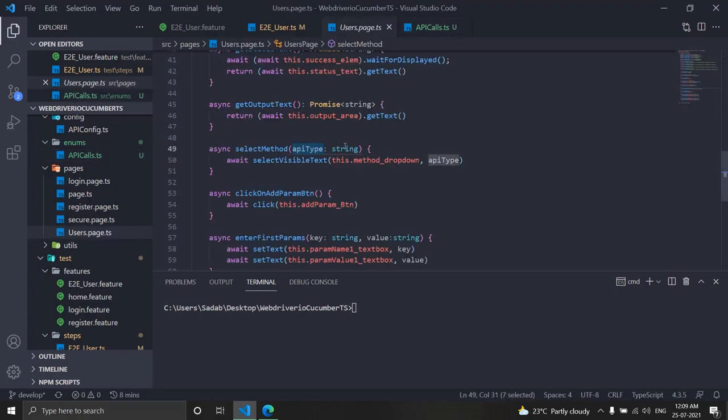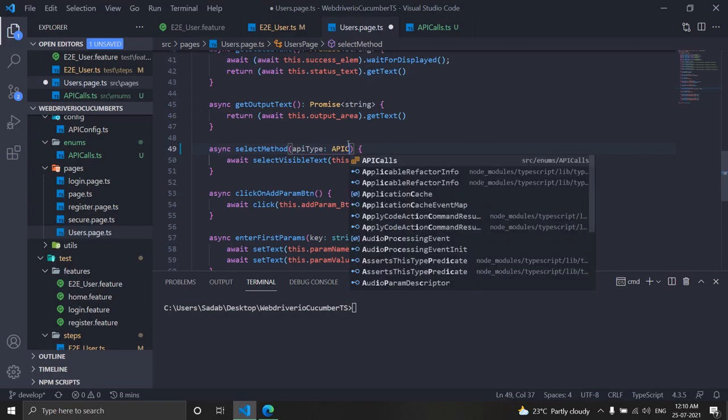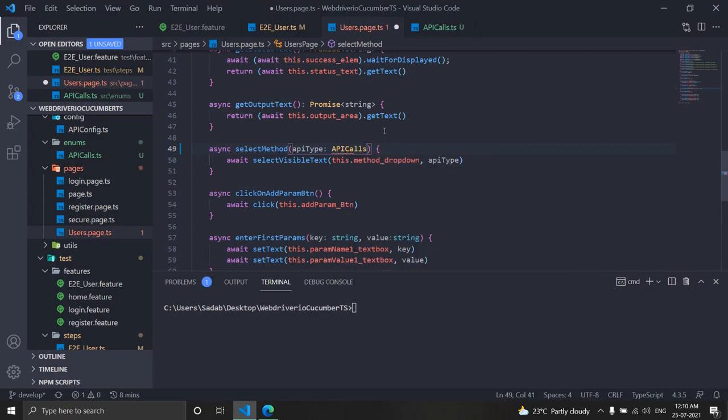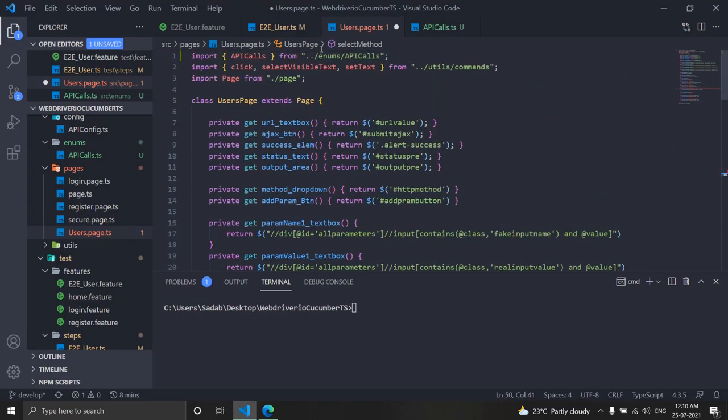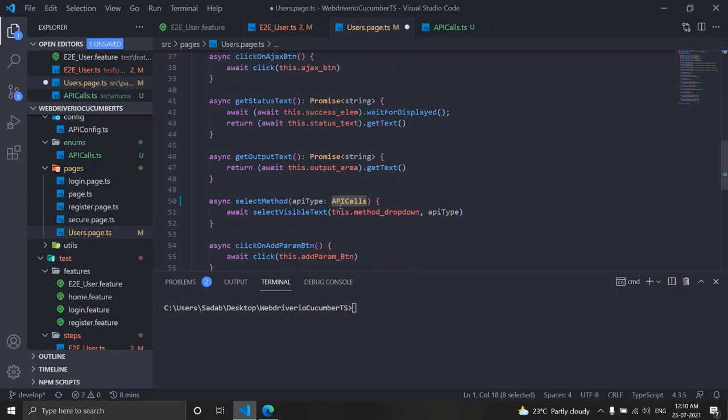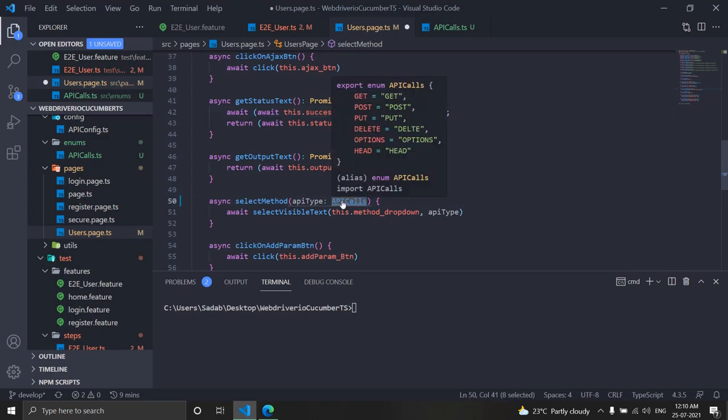So let's change from string to API type, and it should auto suggest. Yeah, it is auto suggesting. You have to select from auto suggest and save it, and it should import here. It is imported here. Now we have defined, it's not a normal string type, it's a type of API calls. That means only the values available inside will be allowed.